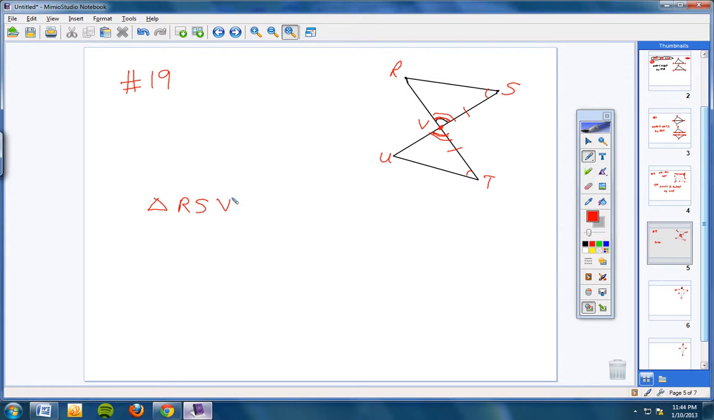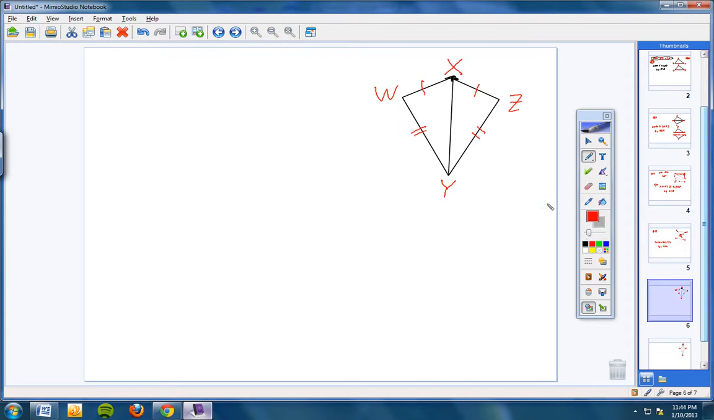Triangle RSV is congruent to, well, R has no marks and U has no marks. They go together. Next is S. S has 1 mark. T has 1 mark. Next letter is V. V has 2 marks. And of course, V refers to both triangles, triangle RVS and triangle UVT. So we just put a V here. Yes, these two triangles are congruent by what method? Angle, side, angle. All right, let's move on to number 21 because I'm sure you're just having a truckload of